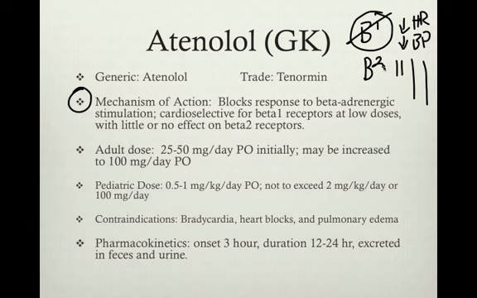Atropine, primary care. And this is a parasympatholytic. Generic for atropine is atropine, and the trade name also is atropine. How a parasympatholytic works